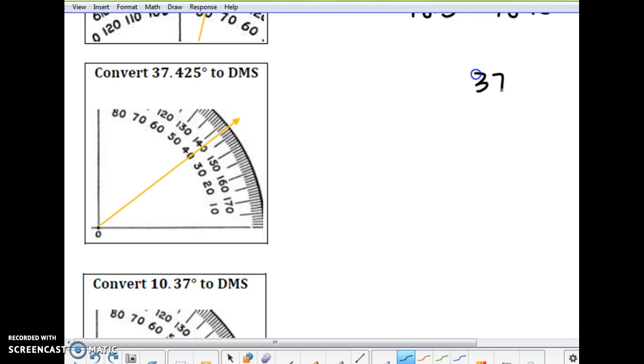37.425, no matter what, we're going to keep the 37 degree part. The 0.425 is what we're going to change into minutes and maybe seconds. Same conversion factor, so I want this in minutes. We're going to put that over degrees to cancel the degrees. 60 minutes, 1 degree, so 0.425 times 60, and that gives you